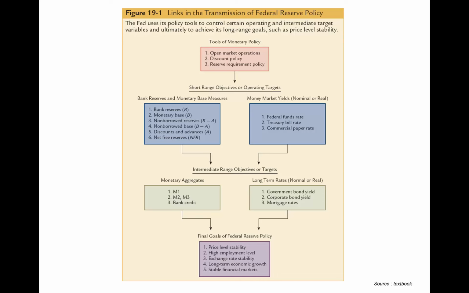Remember, mortgage rates are controlled by banks themselves, thanks to one of the acts that we've studied in this course. And then the final goal of the Federal Reserve essentially becomes stable prices, high employment,